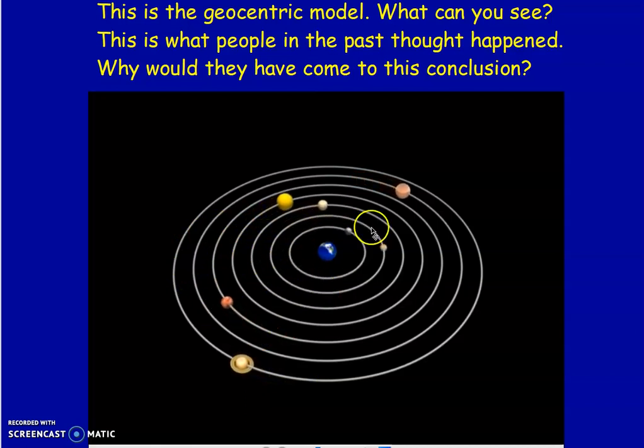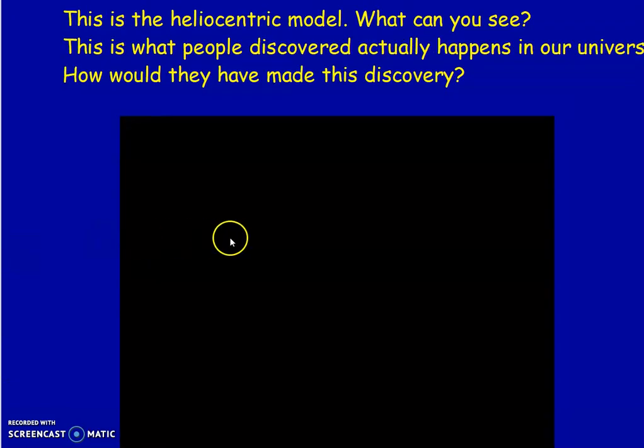And they explained it as Earth was the centre of the universe. They only knew about the lives that they had, the people that live on this planet, and they could only see the planet that they're on and look up at the sky, which explained why they thought everything moved around them like this. But now more people know today